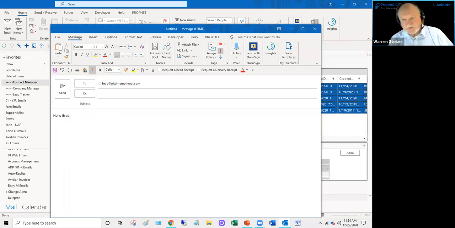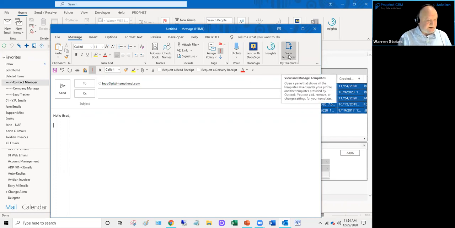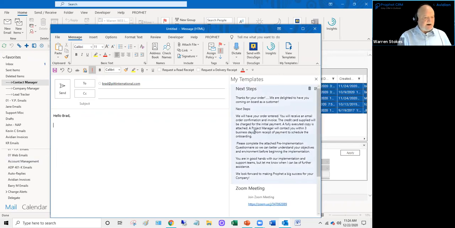You could simply just type this email in, just like you were typing an email to someone, or you could use one of the really cool functions in Outlook, templates. Outlook 365 has templates over here, which you can create and use, which are great because those templates migrate, they show up on all your different computers. That's the way the cloud system works with Office 365. So that's a pretty handy template. And as you can see, I can just choose that content and insert it there. But there's another way that you can